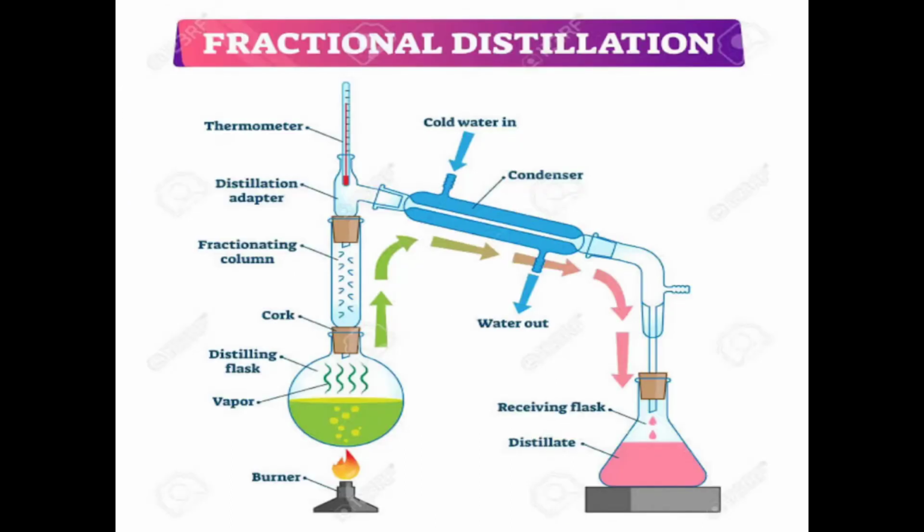So this is the total structure of the fractional distillation, where this is the burner, it is a flame, and this is our flask. Here this is our cork. Why do we use cork? In your NCERT book it is given that even in sublimation we can use cotton, but no, we shouldn't use it. Why? Because it may react with it, right?